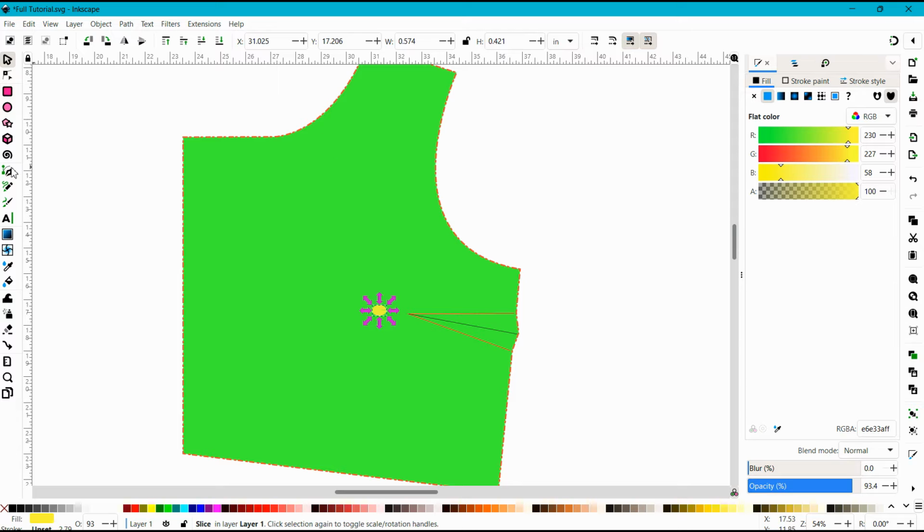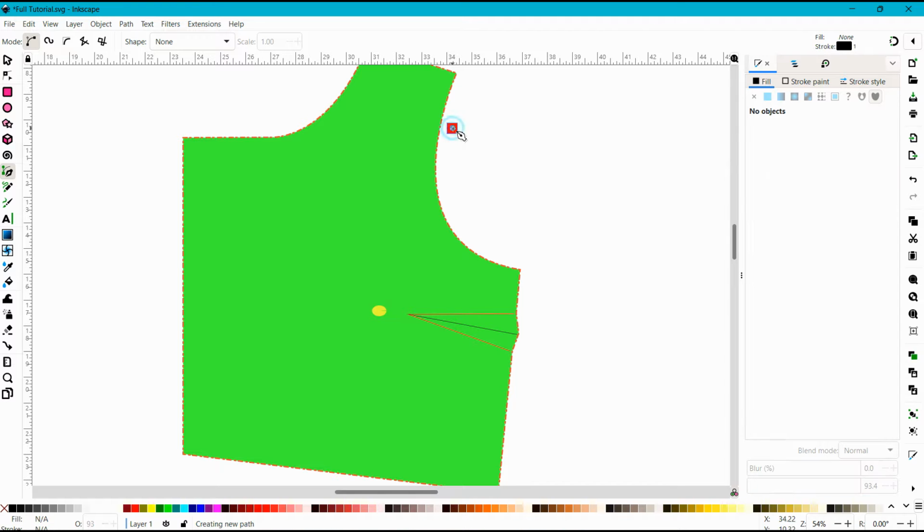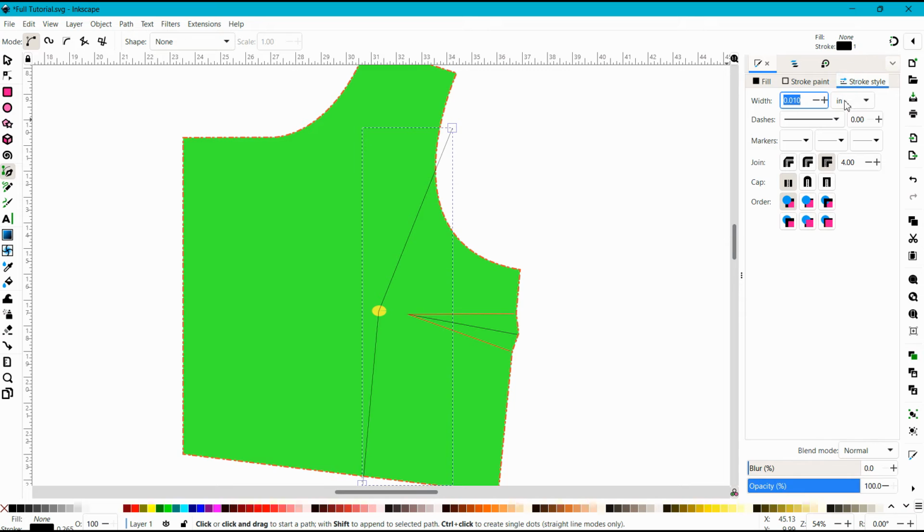And let's go ahead and get started. We're going to be using the Bezier tool to make a first line, and I'm going to start about a third from the armhole to the apex of the bust and down to the bottom. I do like to extend below the bodice a little bit. And let's go ahead and make that stroke just a little bit bigger so you can see that as well. Okay, now I'm going to also